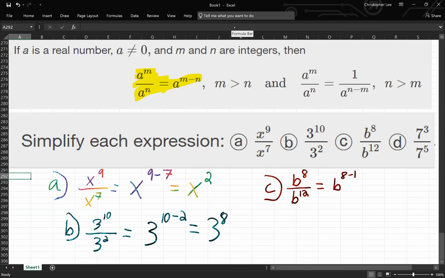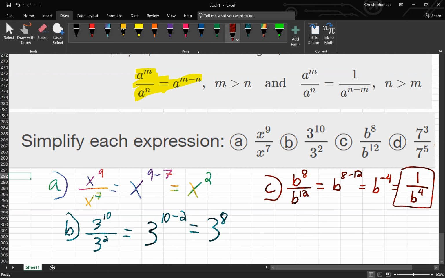Okay, 8 minus 12, which is what? Is it 6? I don't even know. -4, I like that. B to the -4, right? And what does that become? 1 over B to the 4 power, right? Anytime you have a negative exponent, you're gonna throw it down in the denominator like that. Okay. Boom. All right. Let's look at